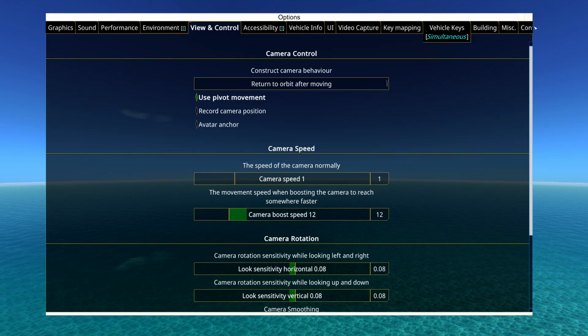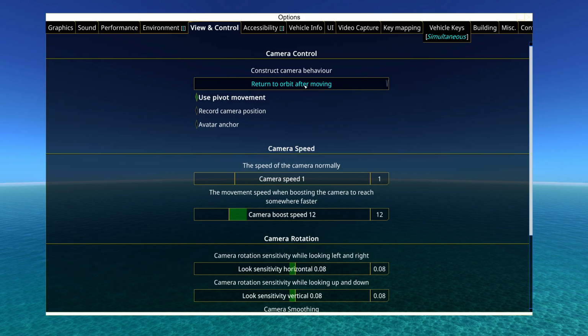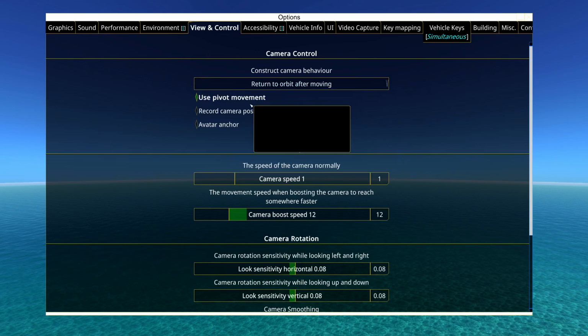We're just gonna check out a little thing here because there was a Discord message from OFTD, from Sean, with an alpha camera update, which basically enables us in the view and control tab to return the camera almost how it was before. So here we can select construct camera behavior and